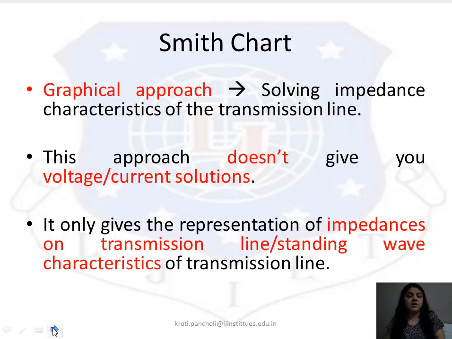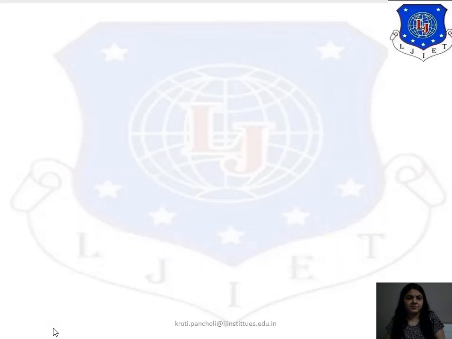Standing wave characteristics. What is the meaning of a standing wave? The standing wave pattern is what we get when impedance matching does not occur. If the source impedance and the load impedance don't match, then reflection occurs, and the amount of that reflection produces the standing wave. We know that we can find out the standing wave characteristics from the standing waves or from the reflection. So again, this is how it is helpful to us.